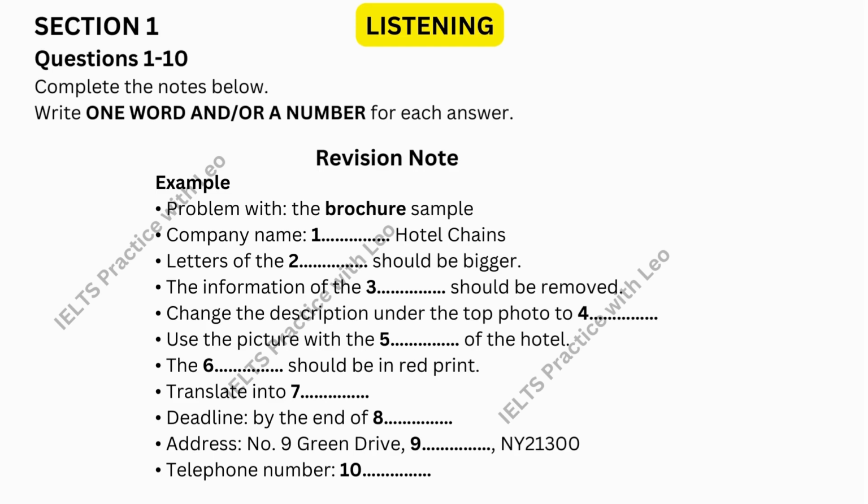Good afternoon. Welcome to Matrix Printing. I'm John Smith. How can I help you? Good afternoon. I'm here to reprint a brochure for our hotel. There are some pages that need revising. Sure. How may I address you? Oh, I'm Mary Jane from Central Hotel Chains. Nice to meet you. I've got samples of the previous version. I assume it is your company's advertising brochure. Yes. What exactly is the problem? Well, it was printed the year before, so some of the information is already out of date. There are also a couple of problems with the layout.